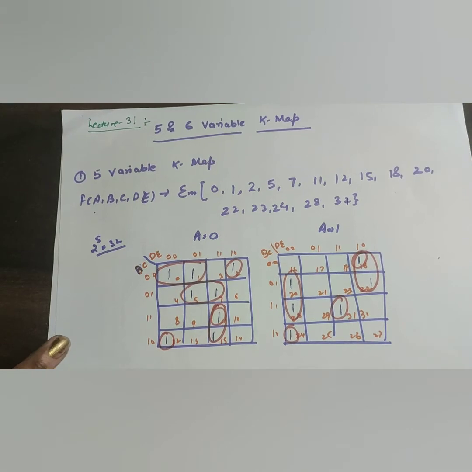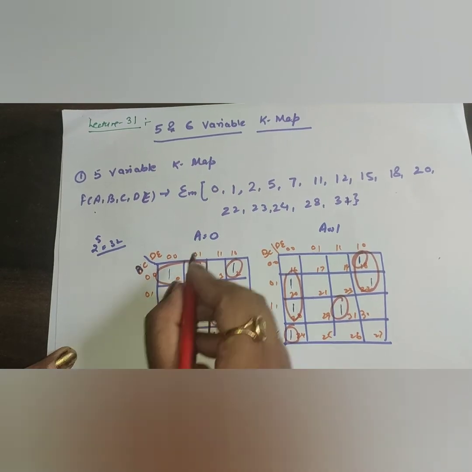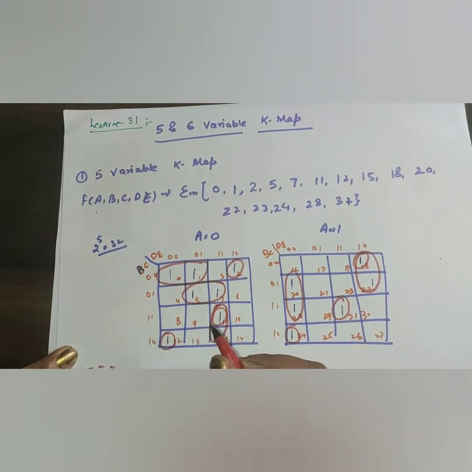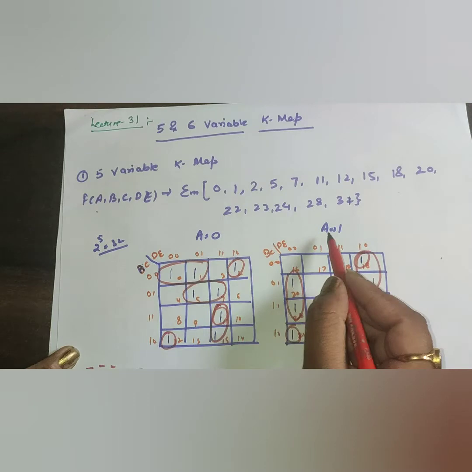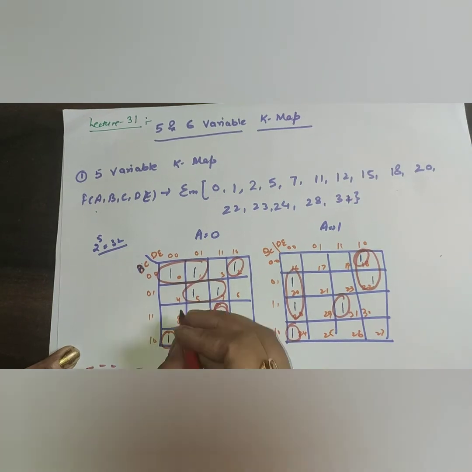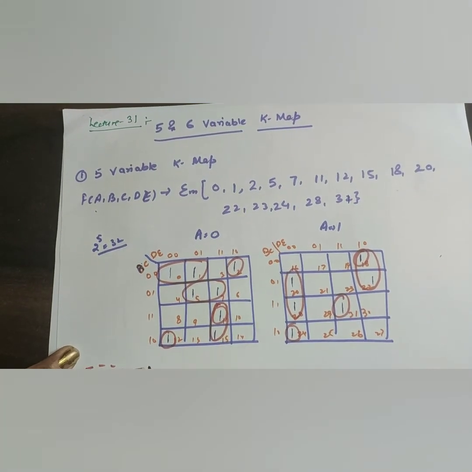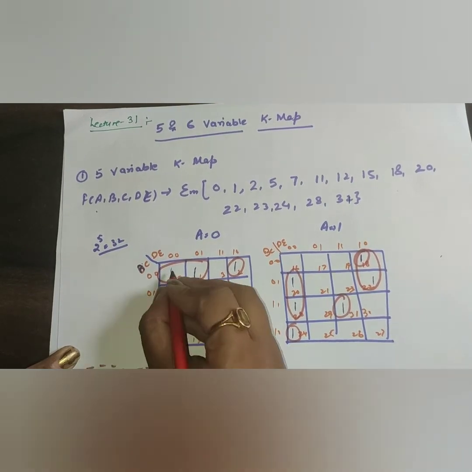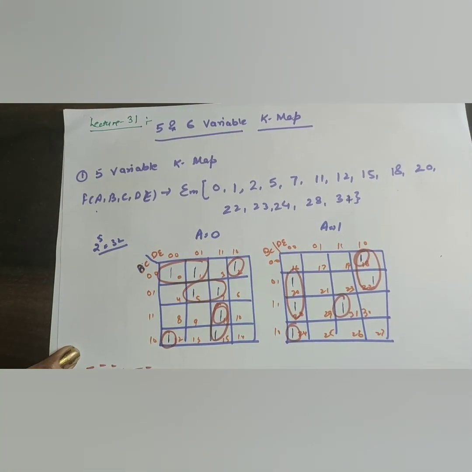Now we should write the equation for this. This is only A bar, because in this block A is constant: A bar, B bar, C bar. Plus for this, A bar, because A is constant. Students make mistakes for this block, so always remember that for this block A equals 0 and for this block A equals 1. Now A bar, and this will be B bar C, and there will also be a component E bar. The E is eliminated, that is D bar, because it is a 5 variable map.